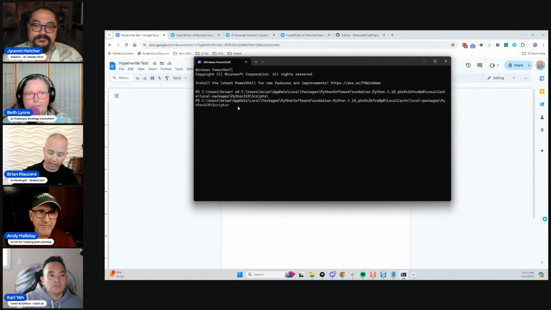So this is what it looks like. This is just the PowerShell, so there's nothing new here. And if I go here and I do operate.exe, it'll pause here for a second, and then it should bring up the green screen. There you go. And then I hit OK. And then that's basically it.